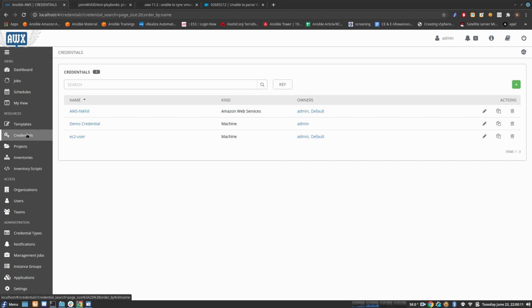Like I mentioned in the inventory section, there were different types of dynamic inventories: EC2, VMware, Azure, GCE. Each of them has its own credentials. So those credentials can be created over here. Like you see, I already have an AWS credential, which is of type Amazon Web Services, but you can create